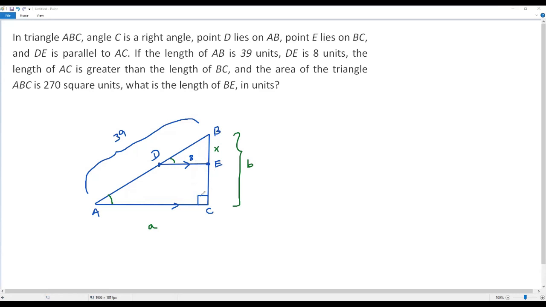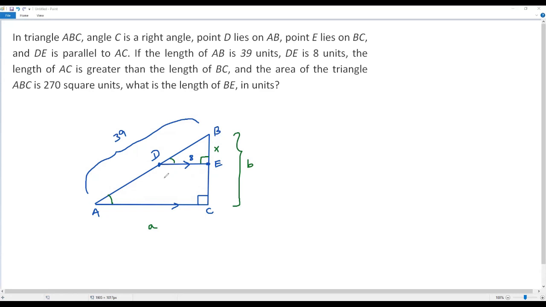Already we know that the angle over here is a right angle, then we'll have a right angle over here. The two interior angles of the bigger right triangle ABC are equal to the two interior angles of the smaller right triangle DBE. By the angle similarity postulate, the two triangles, the bigger right triangle ABC and the smaller right triangle DBE,